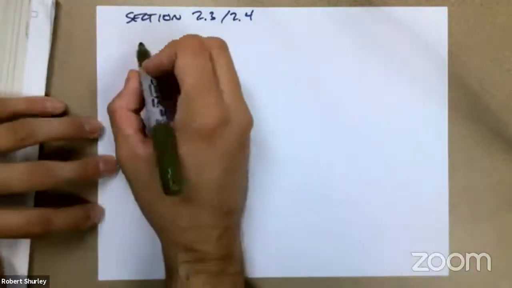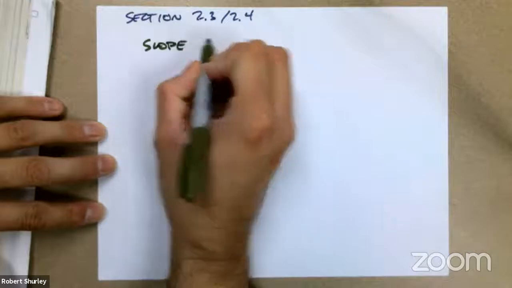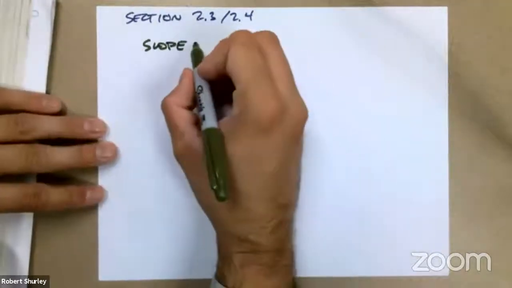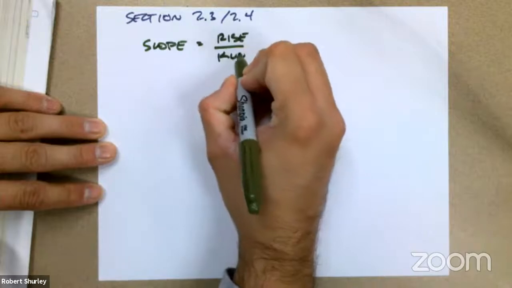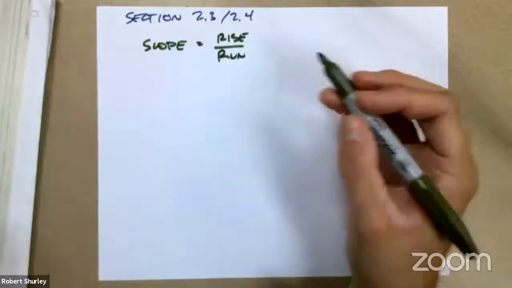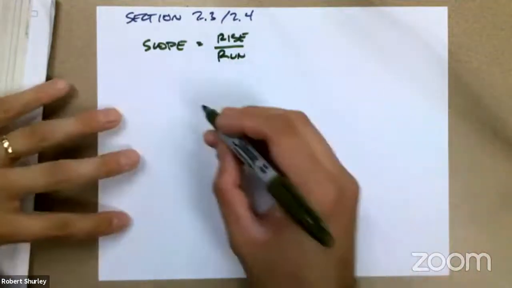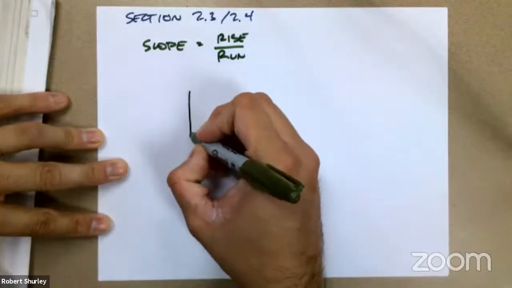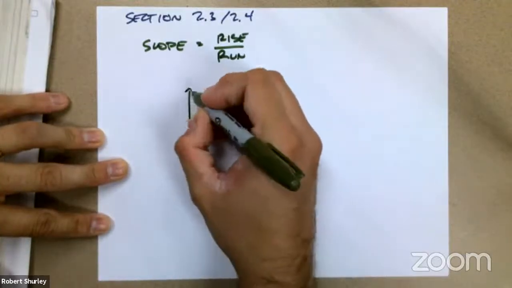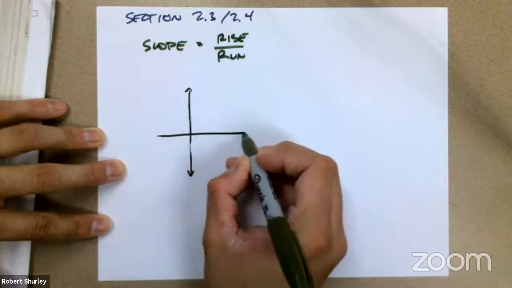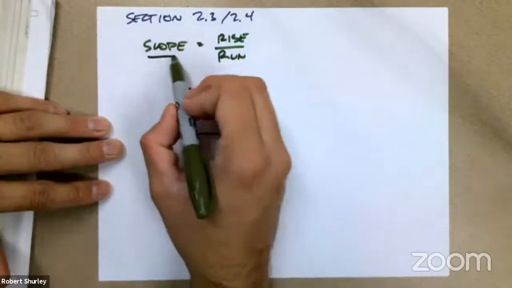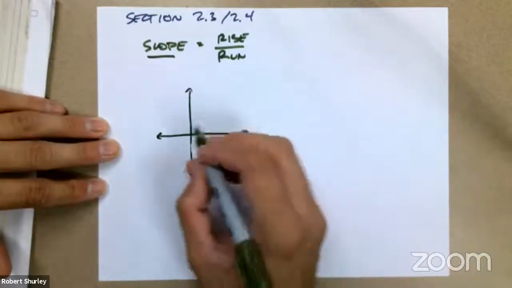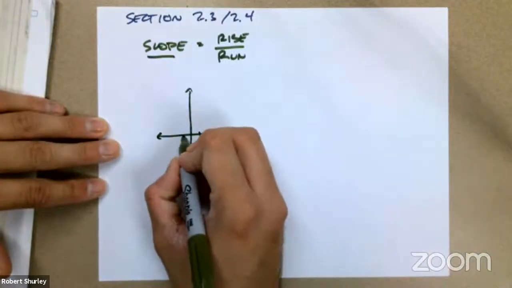So the first thing, if you're going to talk about a linear or a straight line, you've got to talk about slope. And we know slope is just rise over run, right? You've probably heard that before. And what that really means on a basic level is, if we had a straight line. Now, look, slope is only true for straight lines, okay? If we had a straight line,